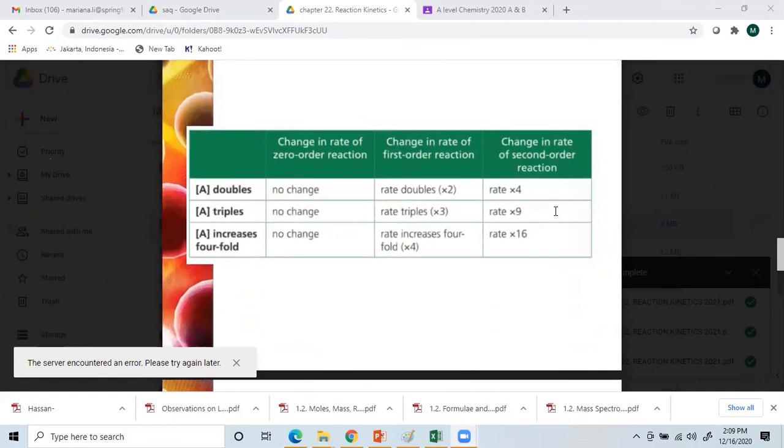So this is a summary. If you change the concentrations of reactants and it does not affect the rate of reaction at all, it is zero order. But if you double the concentration and the rate doubles, it is first order, directly proportional. But if you double the concentration and then the rate